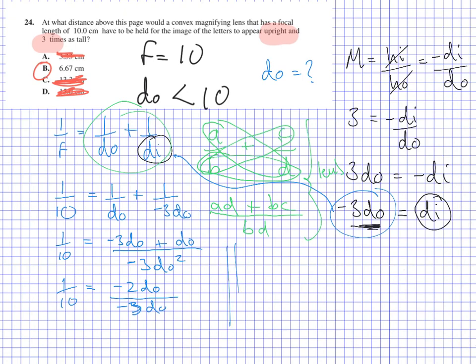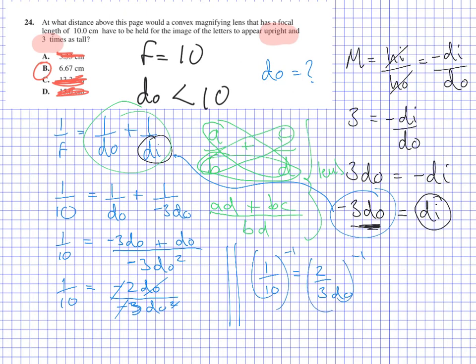Then I'm just going to come over here for some more space. I'm going to get rid of the negative signs. They can just kind of cancel out. Oops, I forgot the squared. Negative 3 DO squared. I can now cancel out this DO with the squared, which gives me 1 over 10 is equal to 2/3 of DO. And now we can just simplify this by doing a reciprocal of both of these,